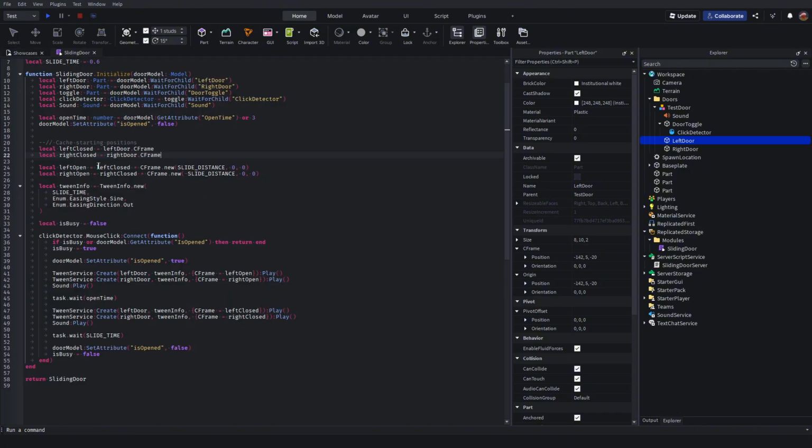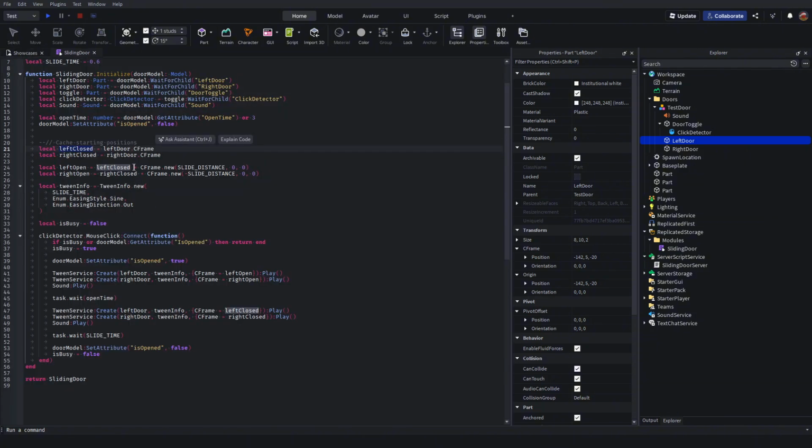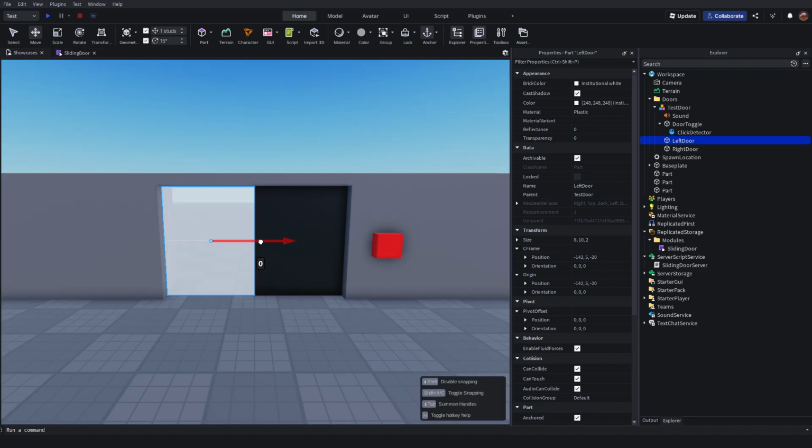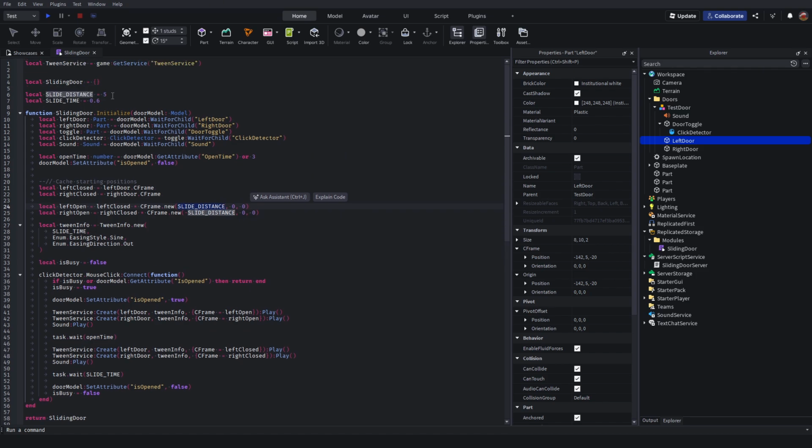So we want to make a variable, and it's going to be equal to left closed, the default position it is right now, and then we're just going to multiply that by a new CFrame, and the only axis we are changing is the axis it's changing on when we're dragging right here, which is going to be the X. The only thing we're adding is on that axis, which is going to be slide distance, which is 5. And we don't want anything on the other axes, so we just put 0. And we do the same thing on the right